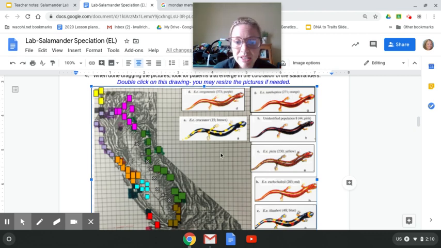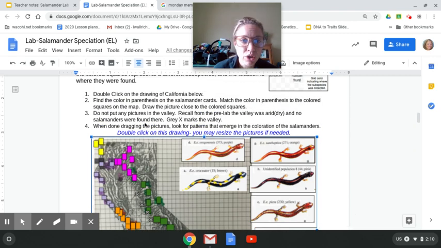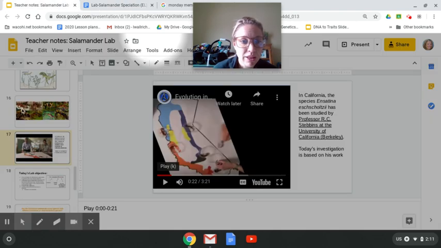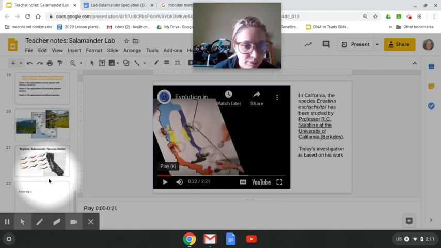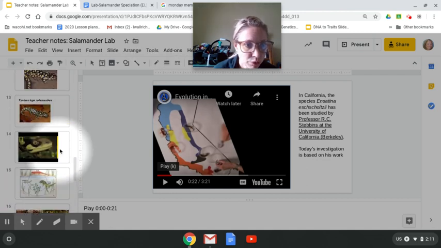So these are all the same species. And what they did is they plotted where they found salamanders in California and what they looked like. Okay, so a little bit more on the background of California. Let me scroll down to